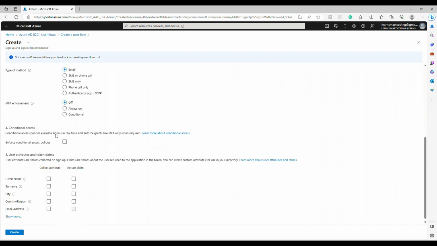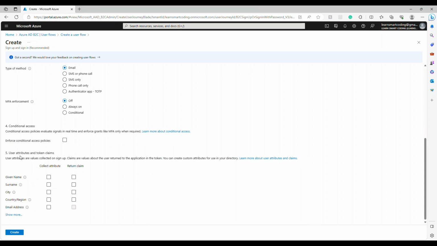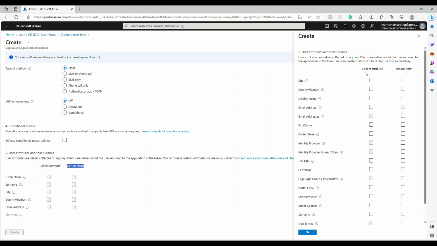So SUSI is basically sign up, sign in, and we are using the email method to do this. Once you choose all these things and don't choose MFA, come to this user attribute. You see this collect attribute and return claims. Collect attribute means when the user is signing up, they will be prompted with a text box to collect the information. So in this case, I'm collecting display name, and return claim is after the sign in, the token will have